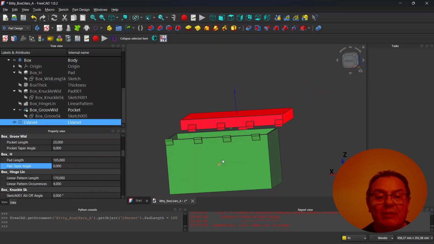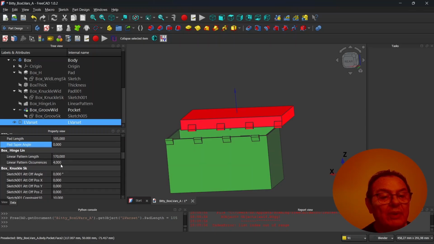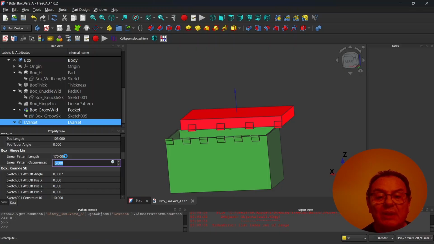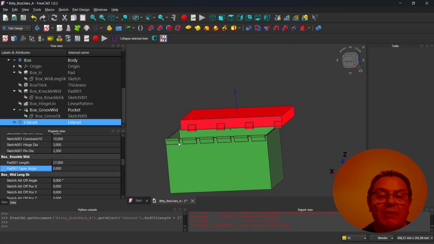And for example, in the linear pattern, the occurrences from 4 to 6. And maybe the length of the knuckles, 27. Okay. Of course, we have to put some formulas in the VarSet to bind all the things together.